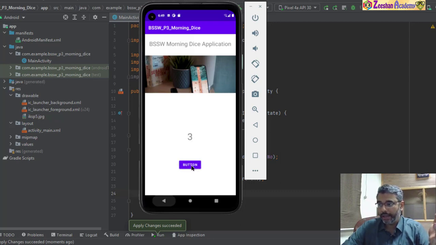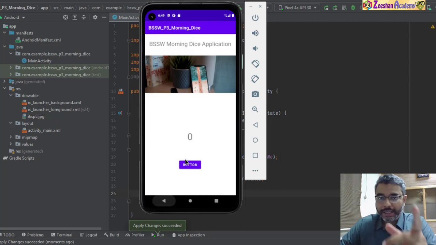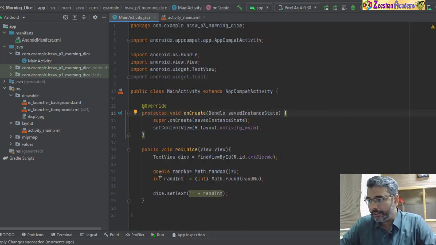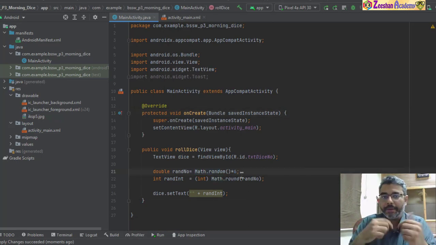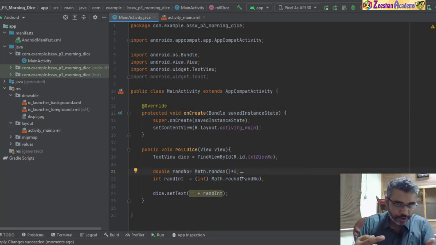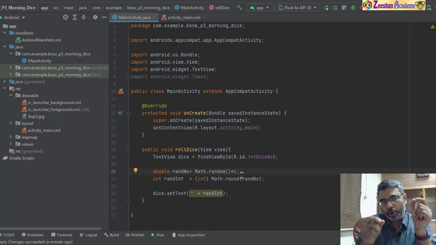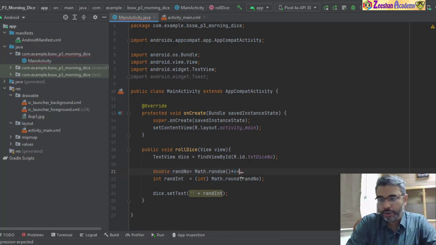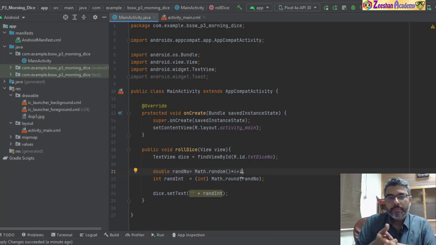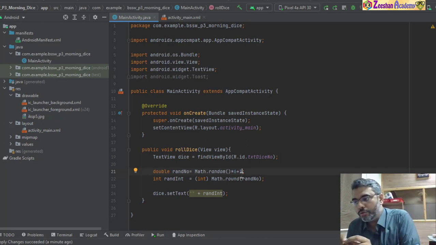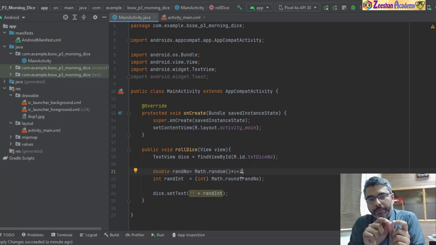I saw 0 a couple of times. Here we go. So we know that in a dice there should not be a 0. Let's correct that issue. If I come down here into my random number, Math.random multiplied by 6, every time it executes it generates a number from 0 to 6. So what I do is I just add plus 1. What this will mean is that it generates a number such that if it is 0 it will be 1,